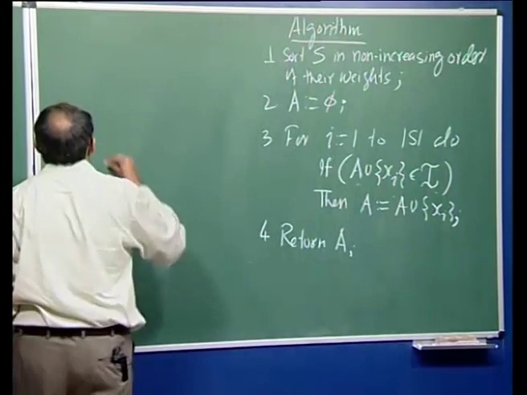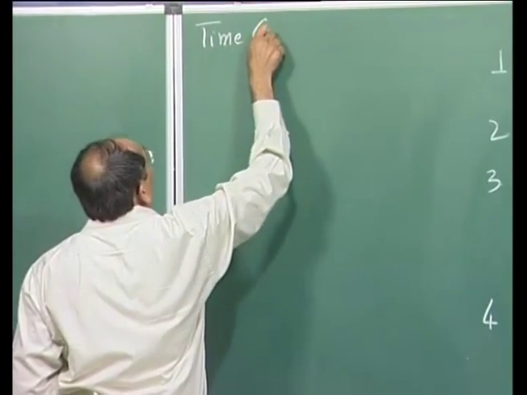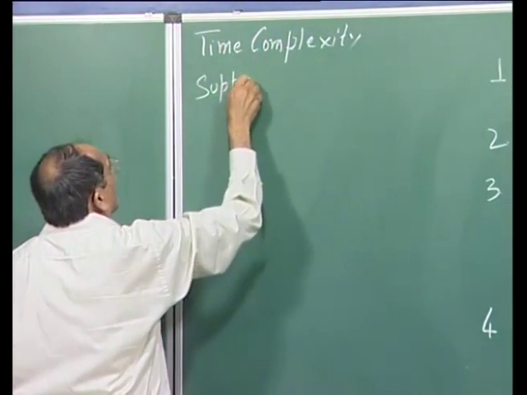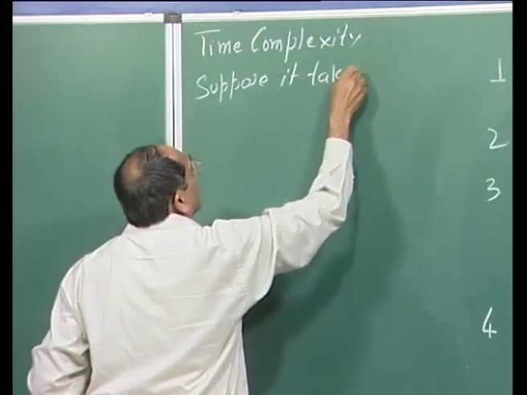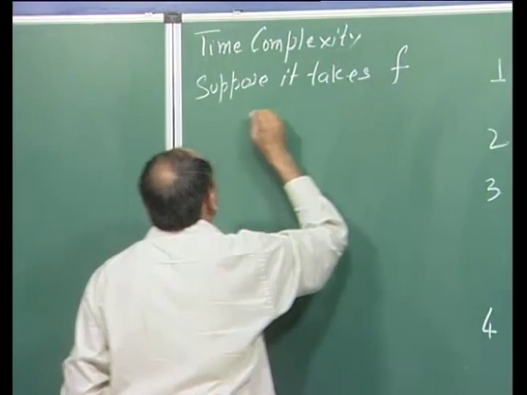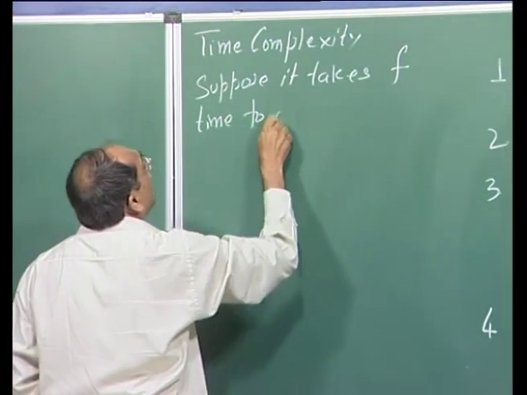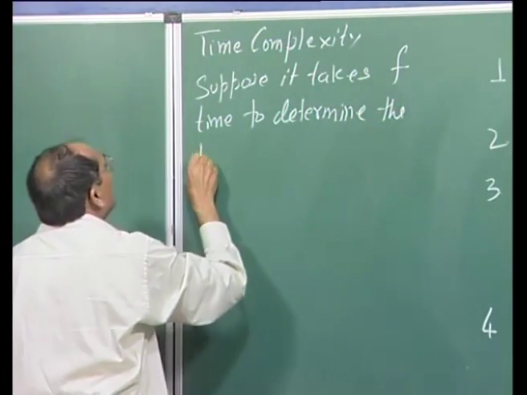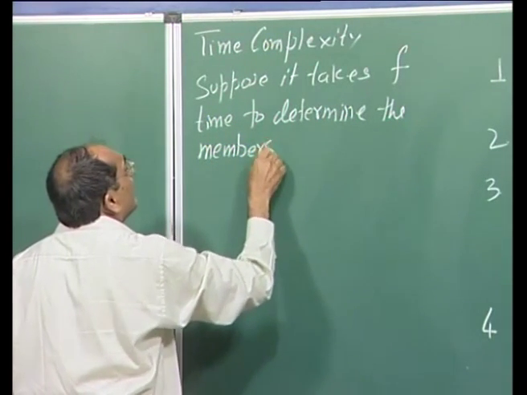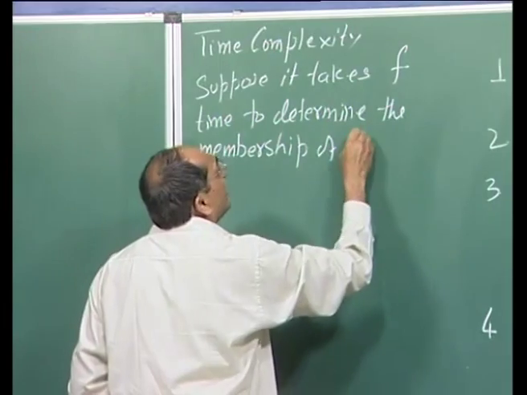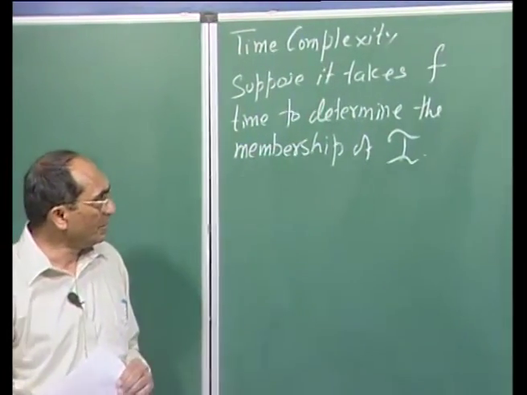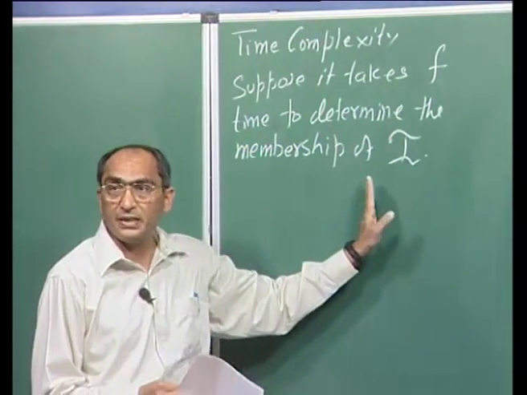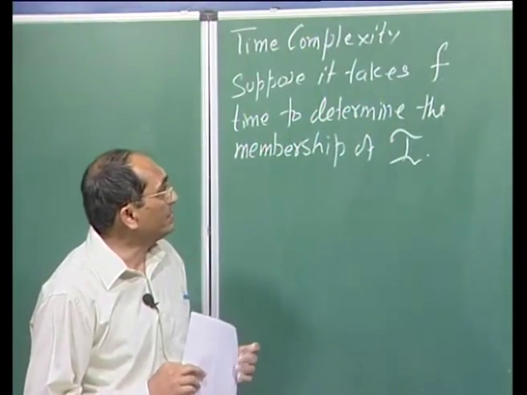So, let us suppose it takes f time to determine the membership of I. If I assume f is independent of the size of the set for which we are checking the membership. In that case,